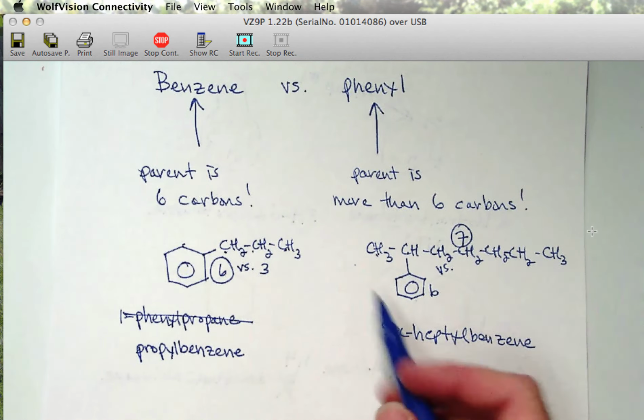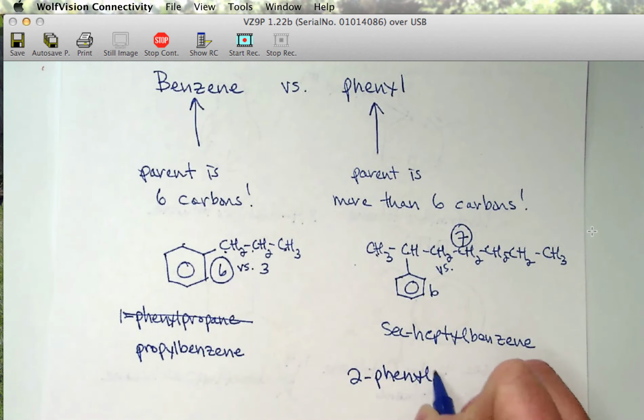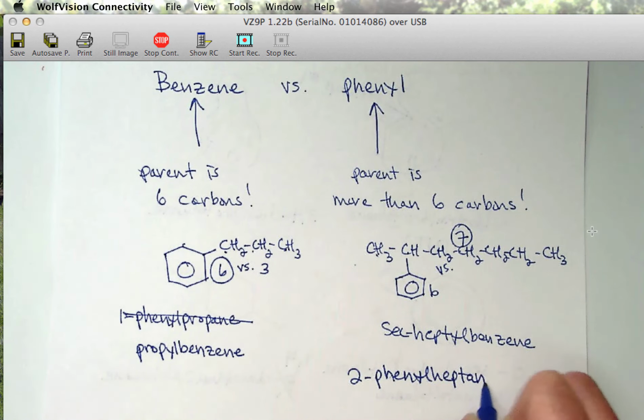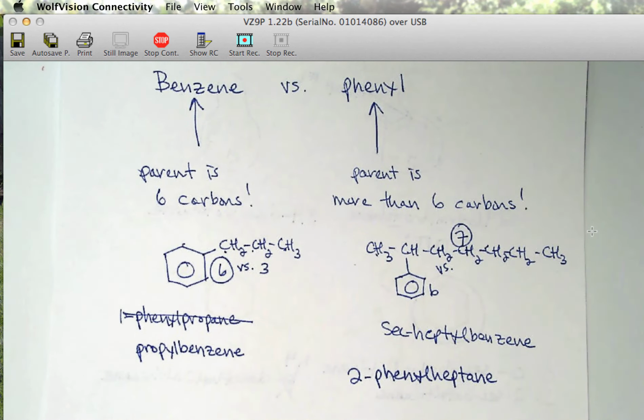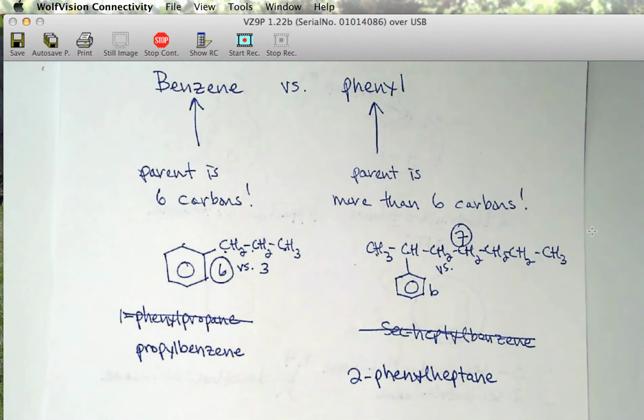So it's going to be 2-phenylheptane. So hopefully that clears up any questions you have. They're the same chemical structure. They're just based